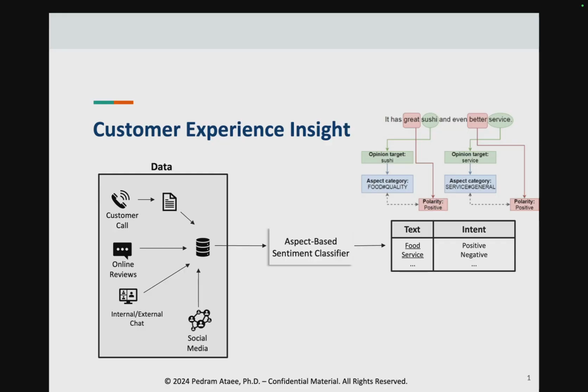But there are many cases where one aspect is negative and one aspect is positive, or you are even dealing with several aspects in one customer feedback. It was very hard before the era of LLMs to identify these sentiments, because given a paragraph, given a customer feedback, we mostly were able to detect only one sentiment from that body of text.